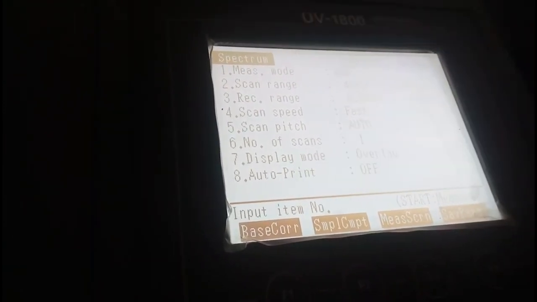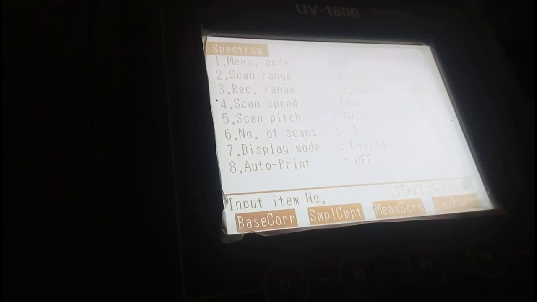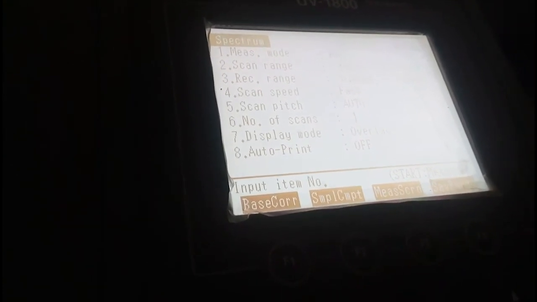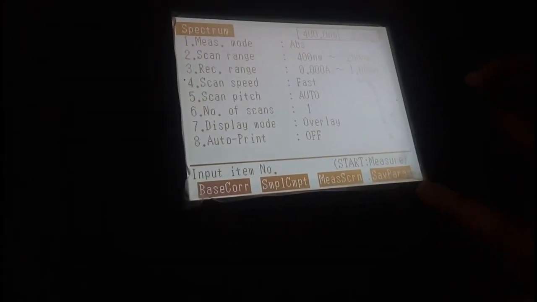So now we are going to do the base correction. Here base correction is there, sample, and then measure scan, and save parameter. For base correction I select F1. So baseline is correcting.